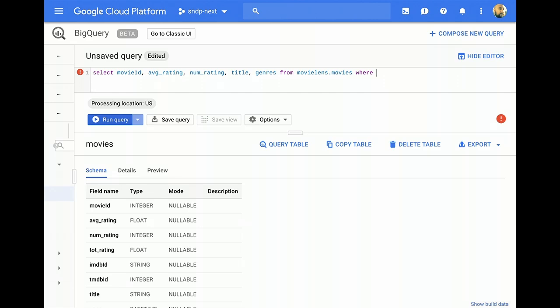So I'm going to search for the comedy genre. I'm going to use the string position function, say where inside of the genres field I'm looking for, let's say, action movies, and action's greater than 0. That means it found that entry inside of the genre. And let's say the top 10. Well, actually, let's first